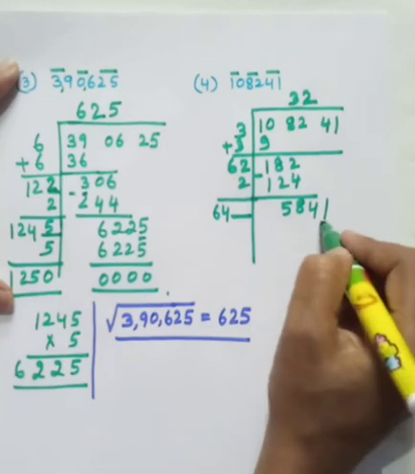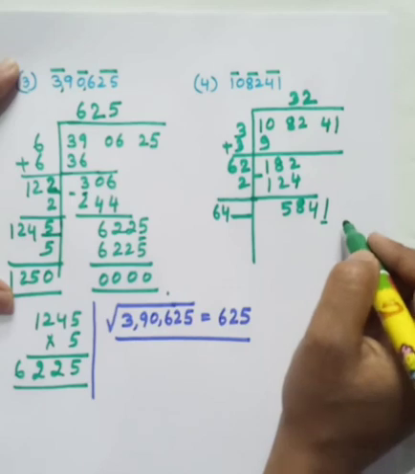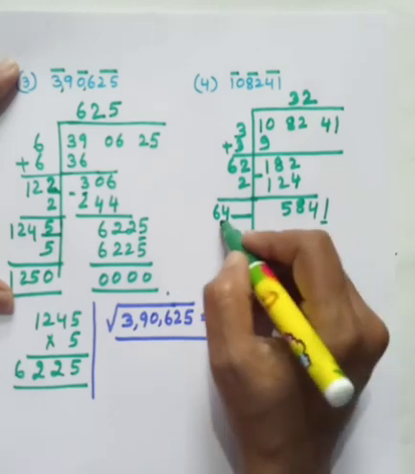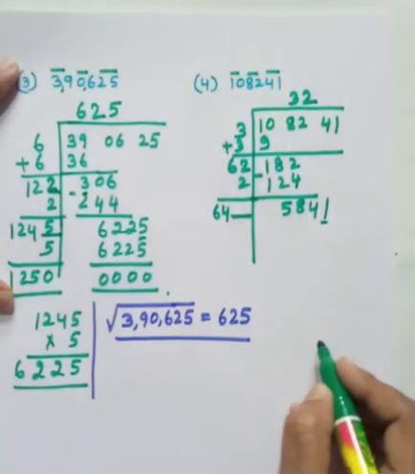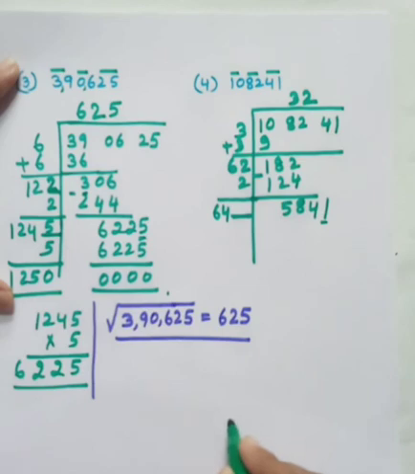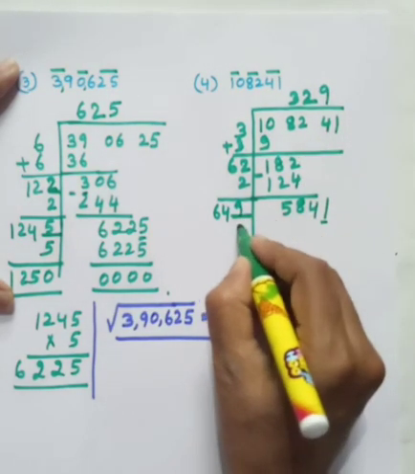Okay. Now see, here we have 1. That means what? Either 9 9s are 81 or 1 1s are 1. So 641 1s are will be 641. So it is not matching here. So let us see for 9. I am using the rough work here. So 649 into 9. Let us see. 9 9s are 81, and 8. 9 4s are 36 and 8, how much is it? 44. So 4, 4. 9 6s are 54 and 4, 58. So it is matching. 9s are.